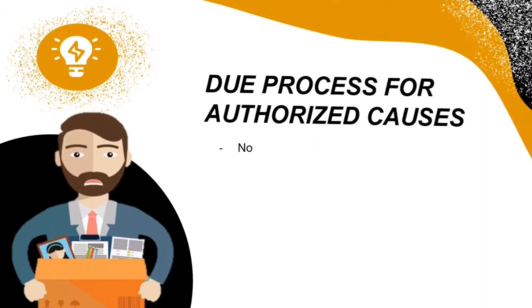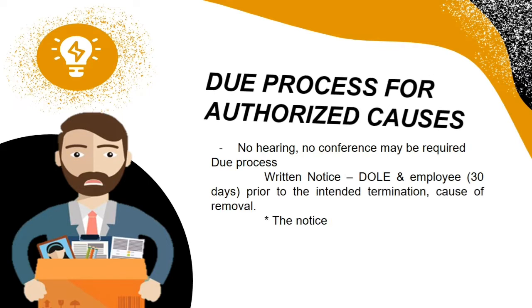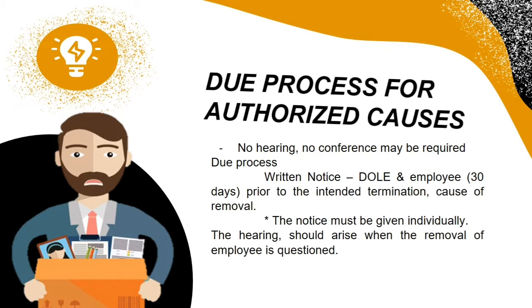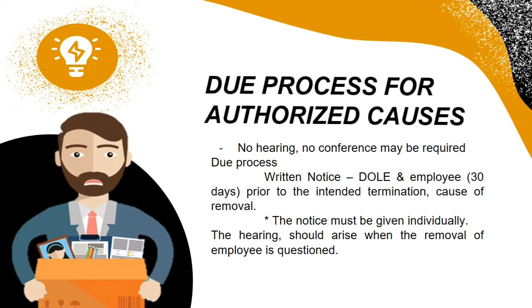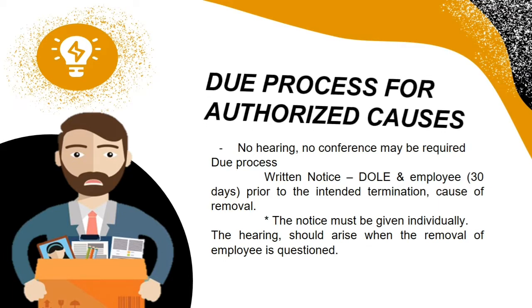Now, class, in a termination for an authorized cause, due process means a written notice of dismissal to the employee specifying the grounds at least 30 days before the date of termination. Now, such notice should be given individually to the employee, and in cases where the removal of the employee is questioned, then a hearing could be